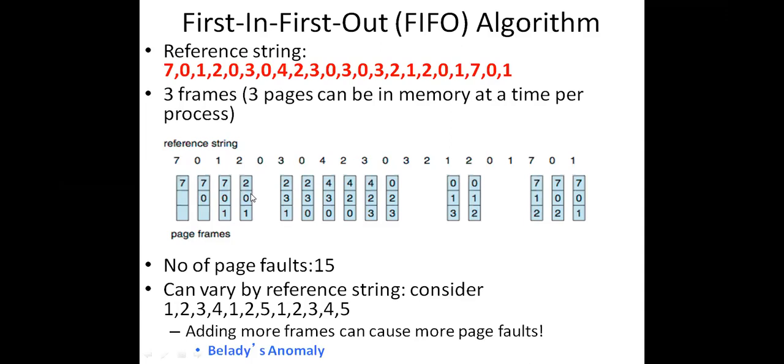Then 0. 0 is already available in the main memory, so there is no page fault. The next page required is 3. 3 is not in the main memory frames, so again a page fault. Free frame is not available. In 2 0 1, which page came into the main memory first? 0. You need to check like this, right?